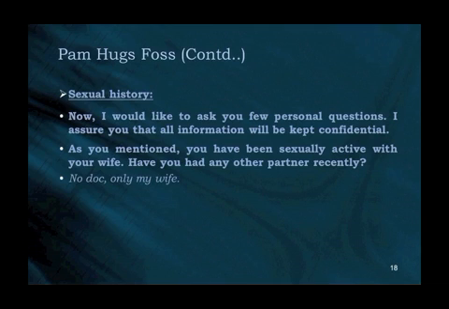Sexual history. Now, I would like to ask you a few personal questions. I assure you that all information will be kept confidential. As you mentioned, you have been sexually active with your wife. Have you had any other partner recently? No, Doc. Only my wife.